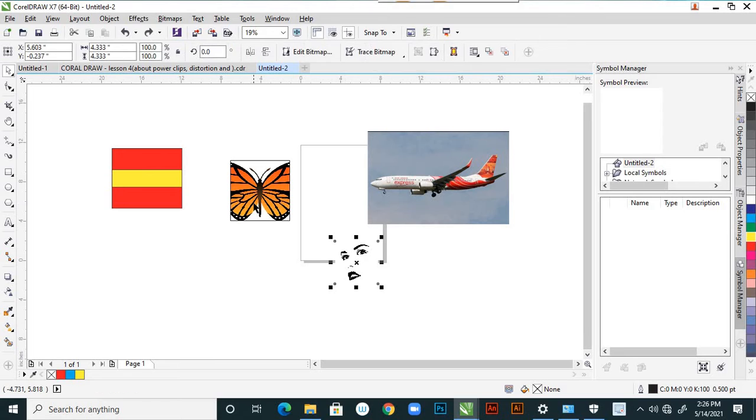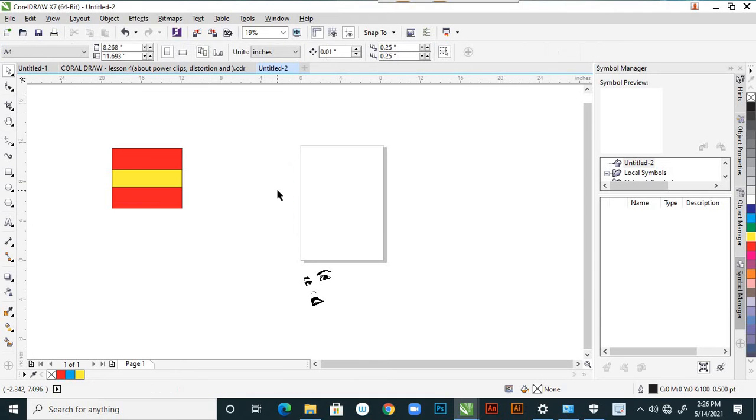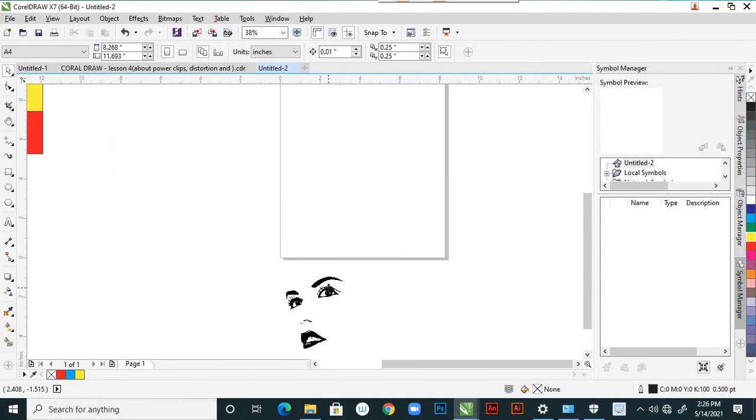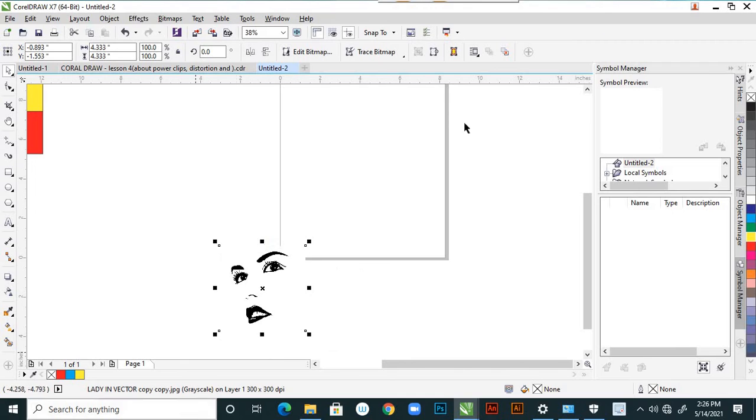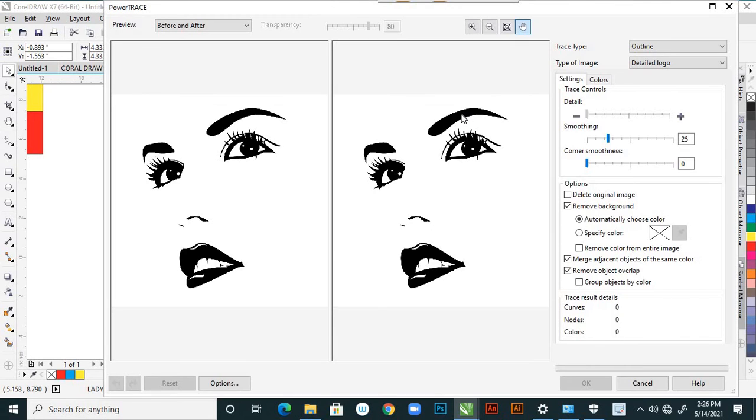That is the reason it is getting into that. Yes, now you delete this. Suppose I'm tracing this bitmap. I want to do something, so in this detailed logo, I'm tracing this.